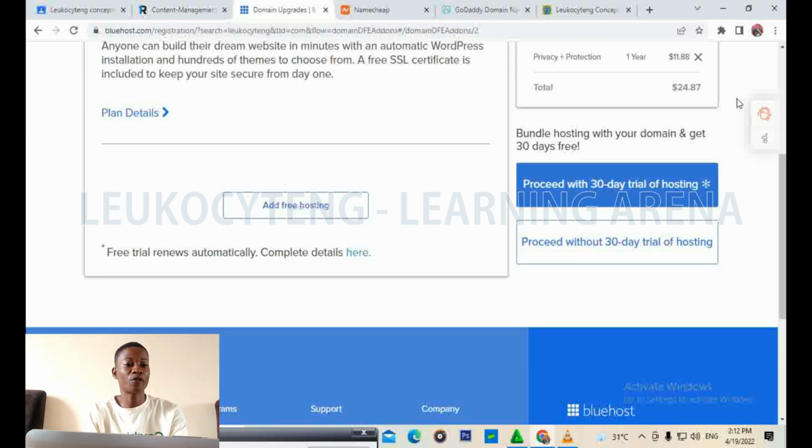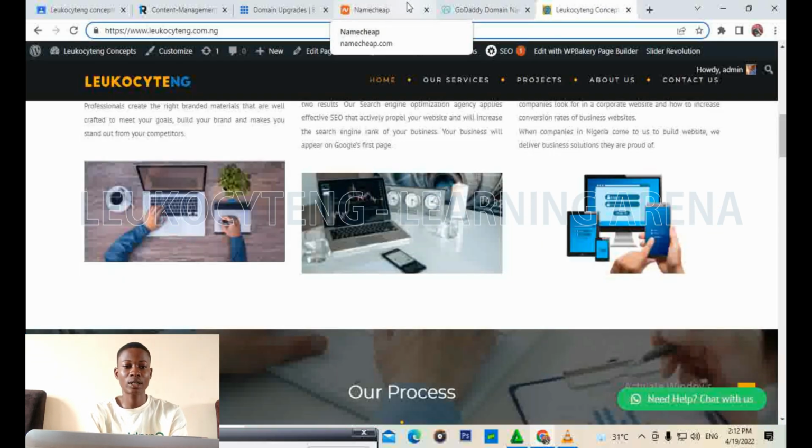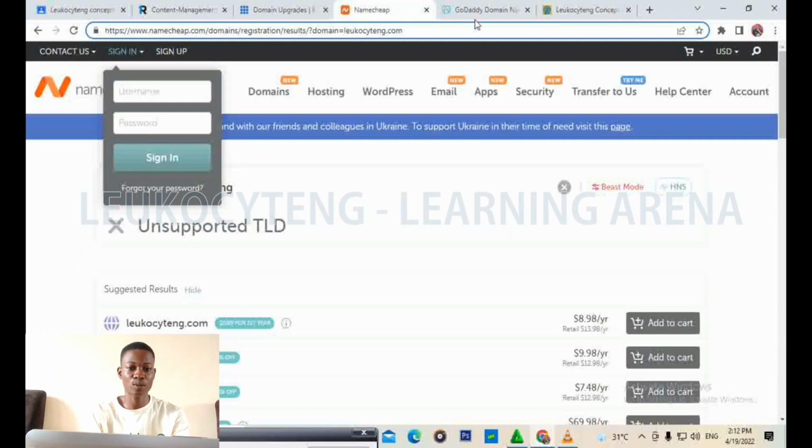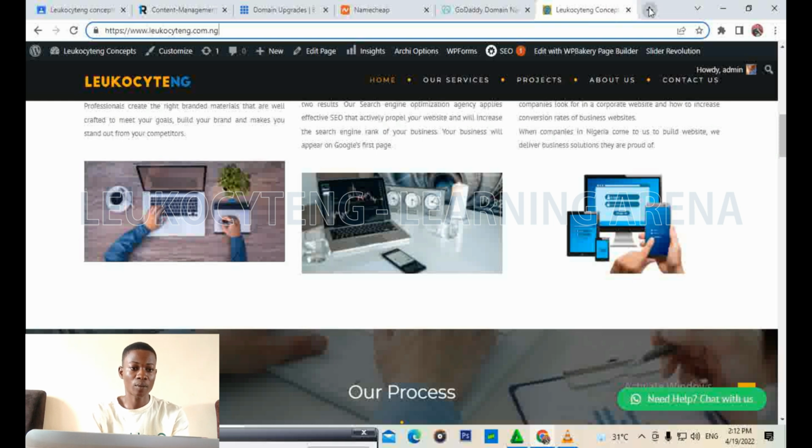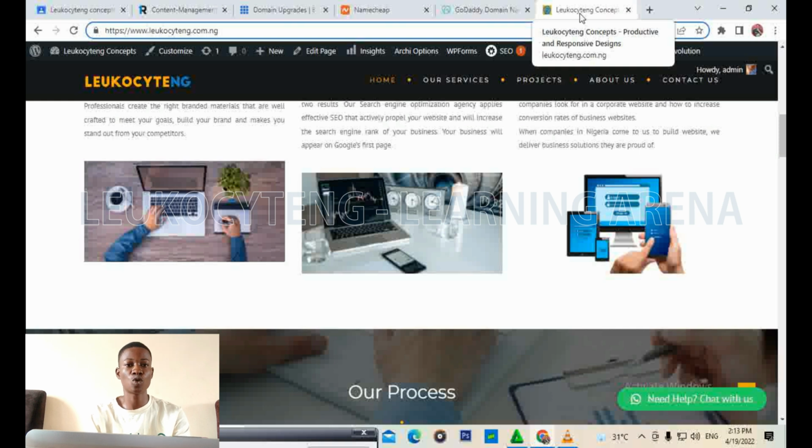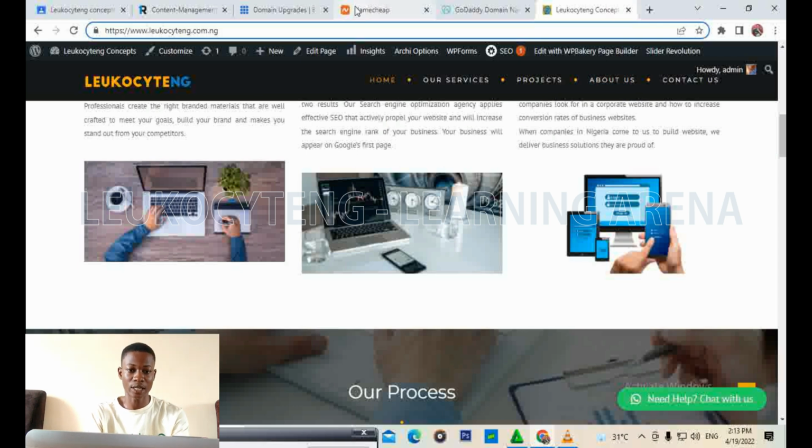So most times people prefer buying together, but like Lucosite, lucosite10.com.ng, which is my website here, I bought my domain from another company and bought my hosting from another company. Why? Because I wanted to get my domain from a cheaper company that I felt is better for me, but their hosting capacity is not as strong as that of the company where I bought my own hosting. They have more downtime than uptime, so I decided to buy the domain from them and buy my hosting from another company. What am I trying to say in essence?